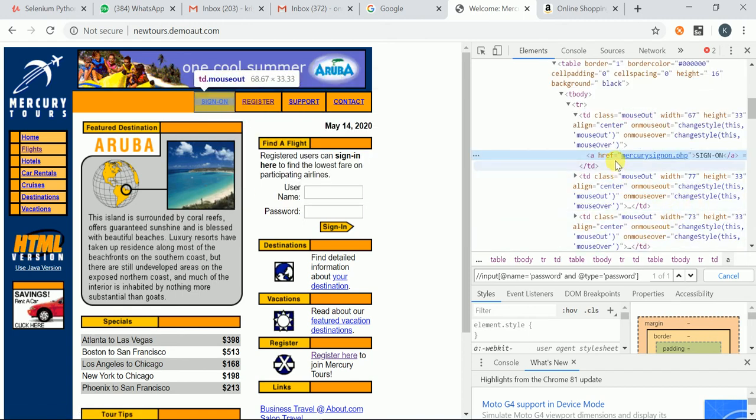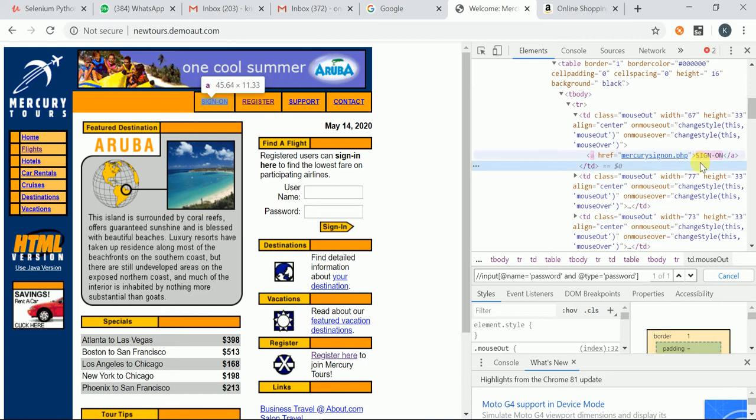See, sign on, what is the tag name here? Anchor tag is there. Any other attributes? href attribute is there, its value is this one. What is sign on? Sign on is link text. Before ending the tag, some text is there, that is the link text. We can use that also.